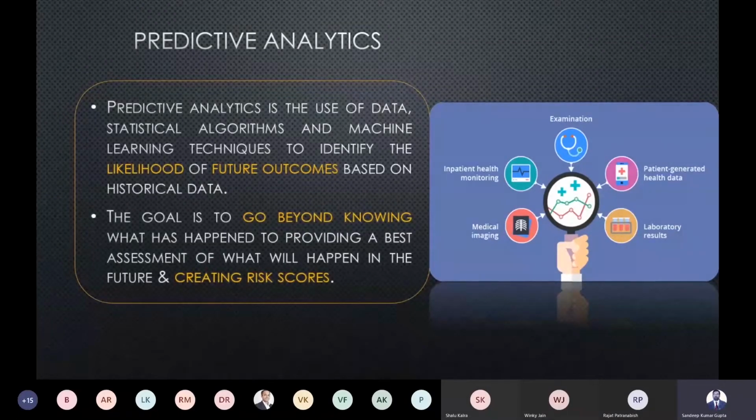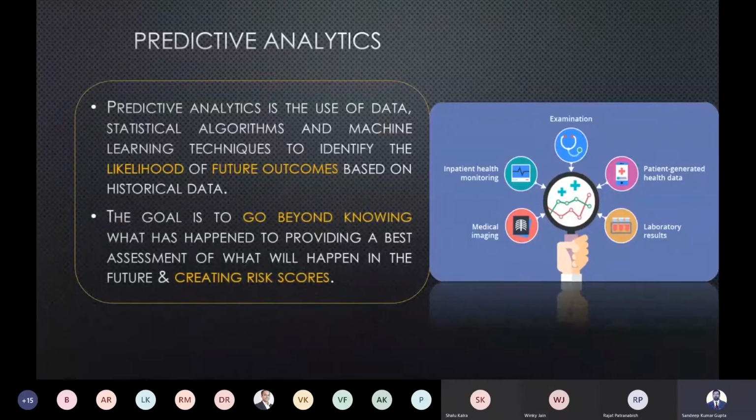So we can map this outcome on some sort of distribution, like what is the probability of occurring of one particular event. That is definitely conditional on the history of patients, what kind of treatment we are giving, all those things. So that is quite advanced. I definitely won't touch that, but I'm just giving some overview and what sort of data we take into this. You see this picture, like time to time, whatever examination, diagnosis process data we generate, and then laboratory results, etc. So these are the data which we feed into this.